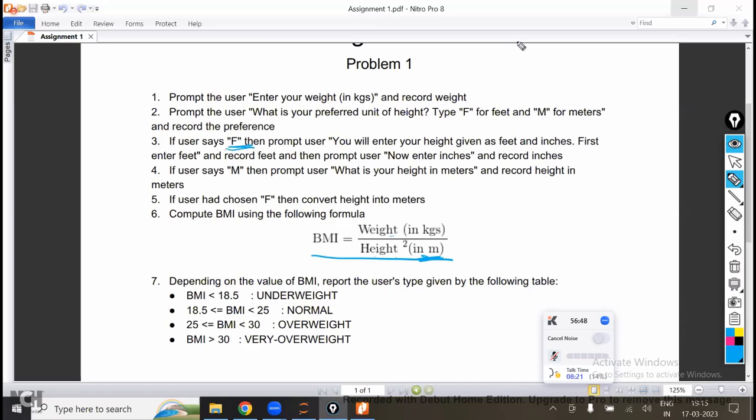For example, the user has entered F. Immediately I'm asking, enter your height in terms of feet: 5. In terms of inches: 10. So 5 feet 10 inches he is entering. That 5 feet 10 inches, first you have to convert to meters. After converting to meters, then you have to apply the BMI formula. Once BMI is calculated,